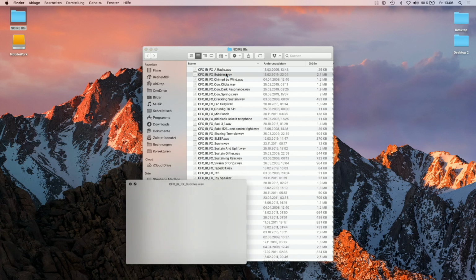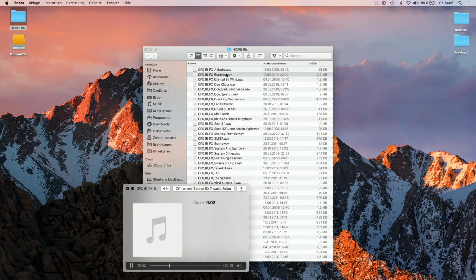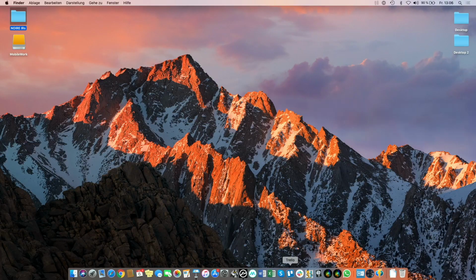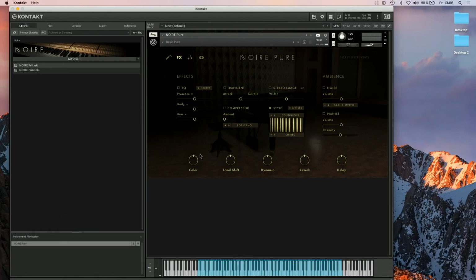But if you then go to the effects or style section, we put stuff like this in there. Also clicks. That's the crackling sustain, stuff like this, and you can use anything. You could just throw it in there in the convolution engine and see how it sounds. And maybe you have a sample and you think, oh, that sounds really cool, I should try that, and it's really boring. So with Galaxy X, it literally took us years to experiment to find out what works and what doesn't. And usually it's not that you hear it and you think, okay, that will work, but it's more like